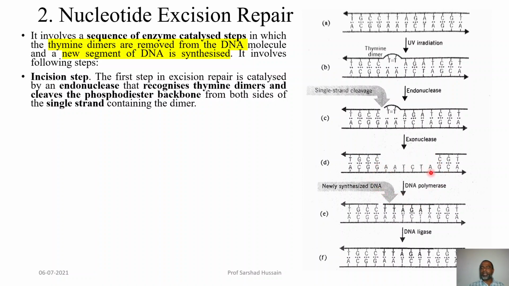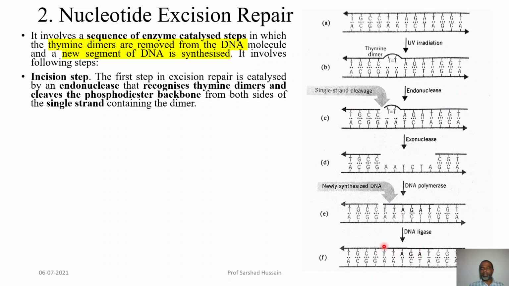That means, if adenine is there, then thymine will be added opposite to it, opposite to this thymine adenine will be added, opposite to this cytosine guanine will be added, opposite to this thymine adenine will be added, likewise thymine and thymine opposite to these two adenine. And once this new strand is synthesized using this DNA polymerase, then in the next step DNA ligase will bind this part with the previously synthesized part of the DNA, and thus